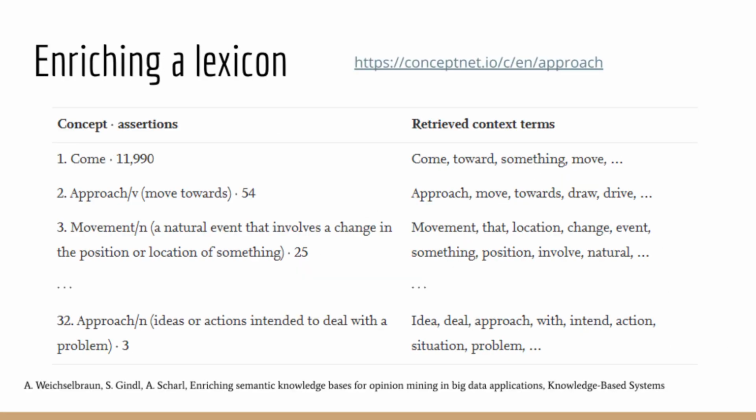From another article, here's more on enriching a lexicon instead of a full sentiment network. This example uses the ConceptNet knowledge base, which we just previously had a look at, to search for the term approach, then examining the graph of terms and concepts that are related to the term on the left. These candidate concepts for the word are then searched again with ConceptNet, and their most relevant relations are then returned. They can be seen here on the right then. This approach, on the other hand, doesn't rely on machine learning or statistical methods, so enriching a lexicon in this manner is purely a knowledge-based technique.